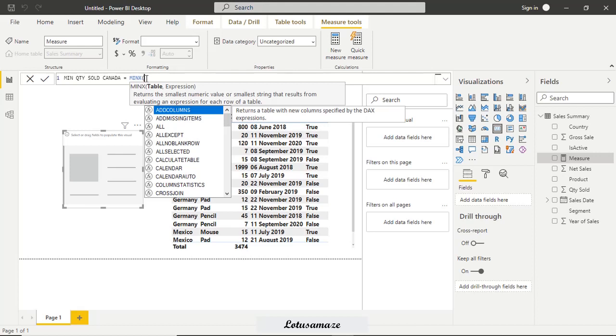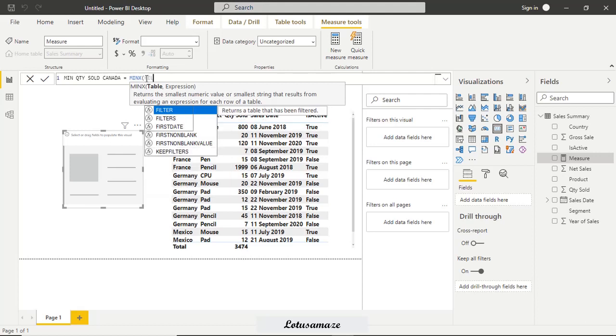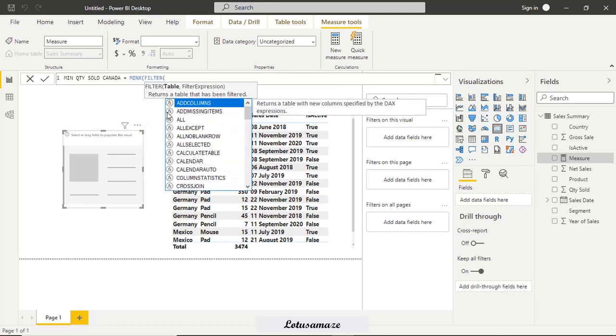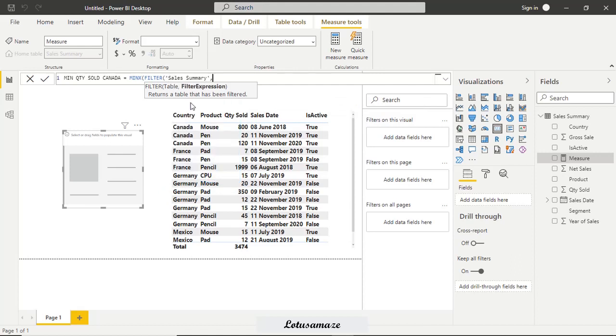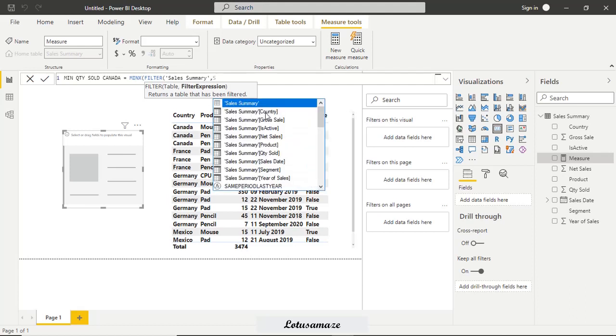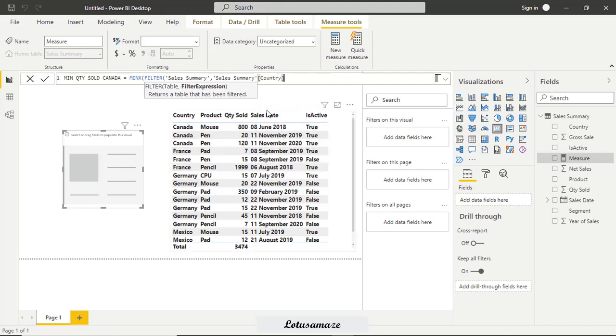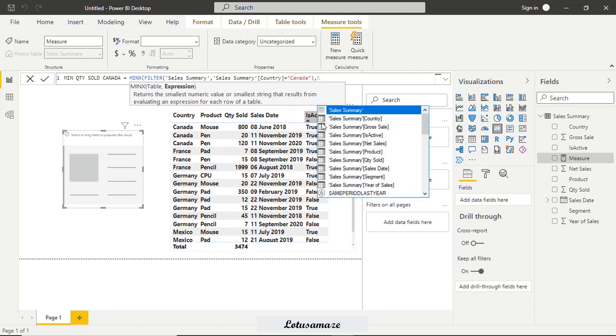The FILTER function also returns data in the form of a table. So FILTER, pass the table, then the condition or filter expression: country equal to, say, Canada. Then the second parameter of the MINX function, the expression, say quantity sold.